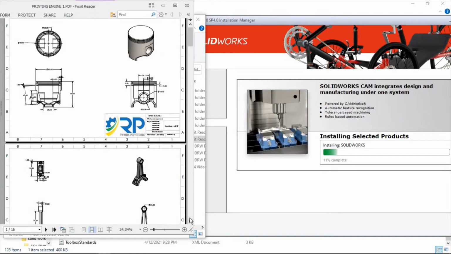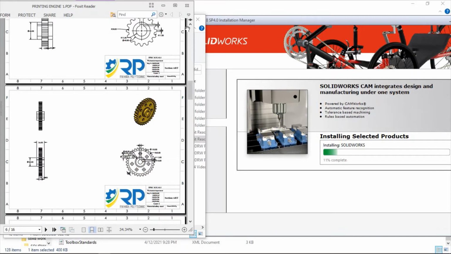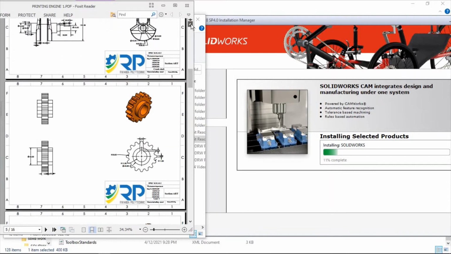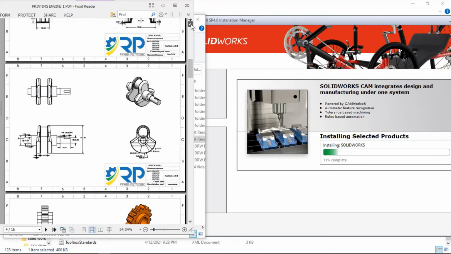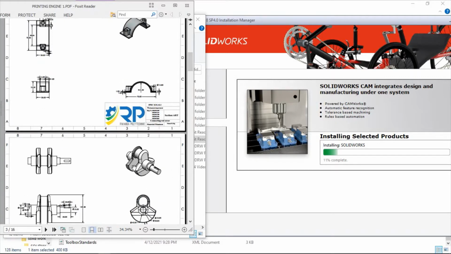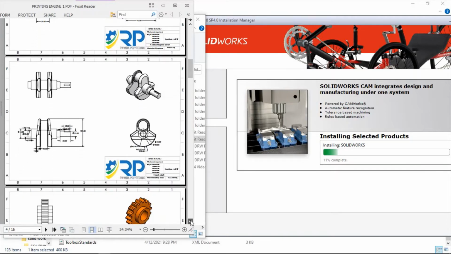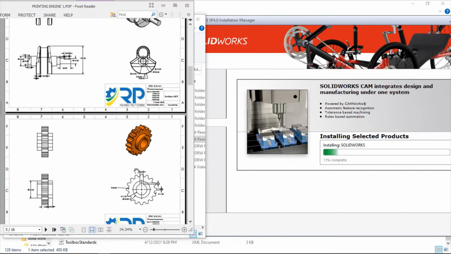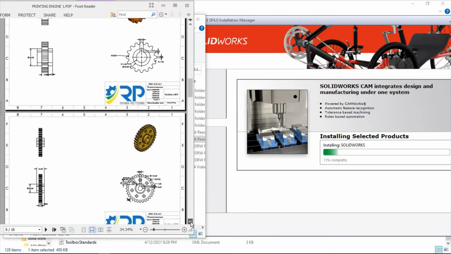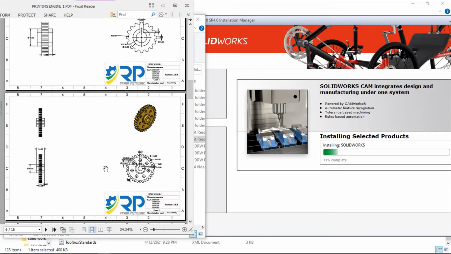After this one, I continue with these gears. As you see, these are designed gears, and this is the crankshaft designed. This is a crankshaft. After the crankshaft, I go to these spiral gears. After spiral gears, I go to this one. Also, this is another gear with a hole and